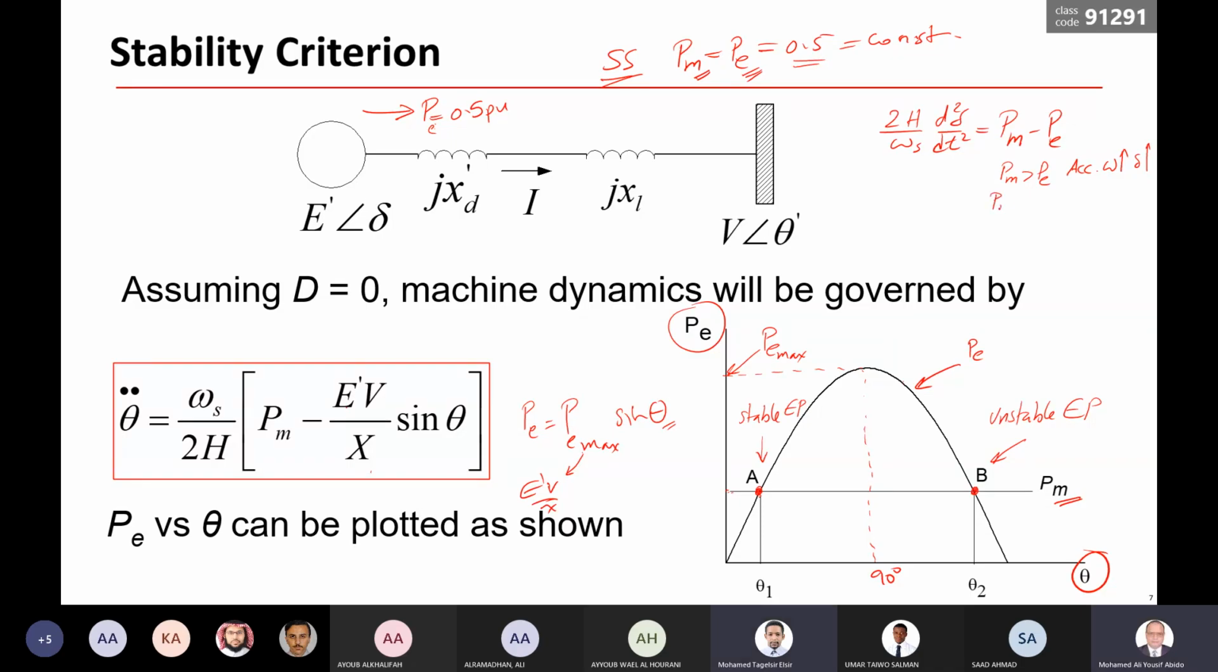Okay, if P mechanical is less than P electrical, we have deceleration, omega decreases, and the angle also decreases. Okay, let us assume that